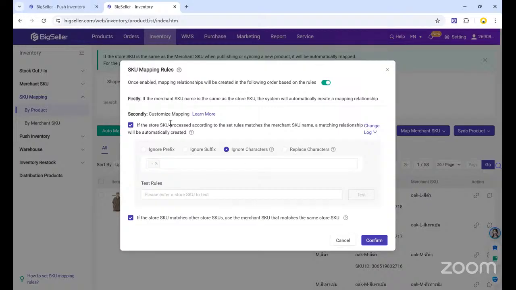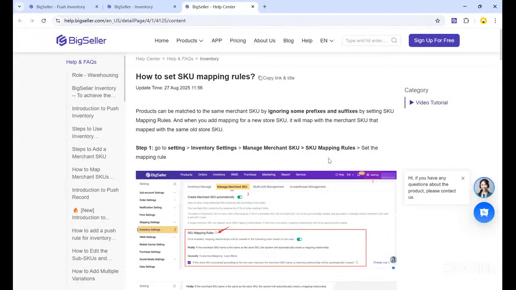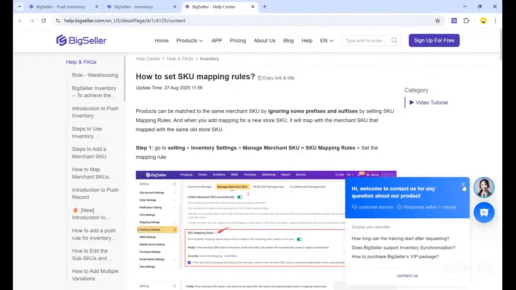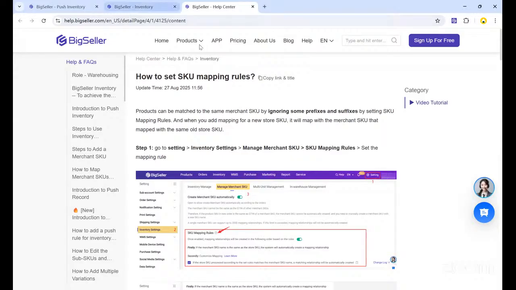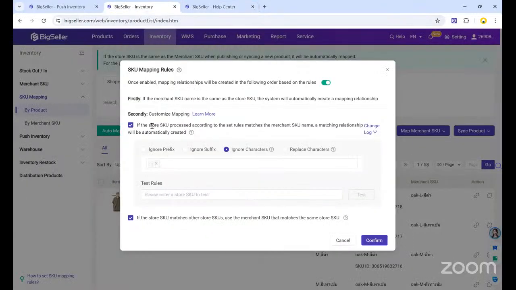Additionally, you can create a customized mapping here. If we click more, it will show your help document, and we also have a video here to guide you on how to set the mapping rules here. Like basically here,